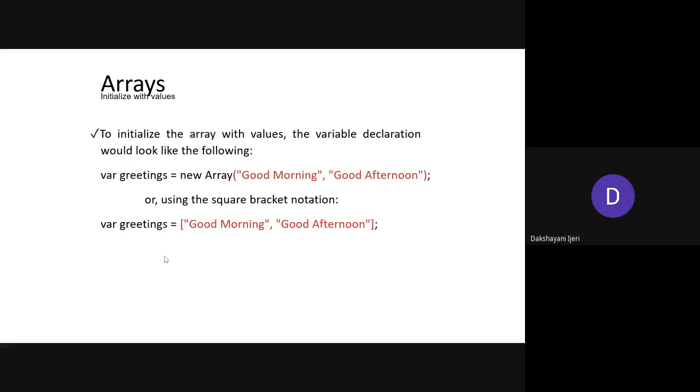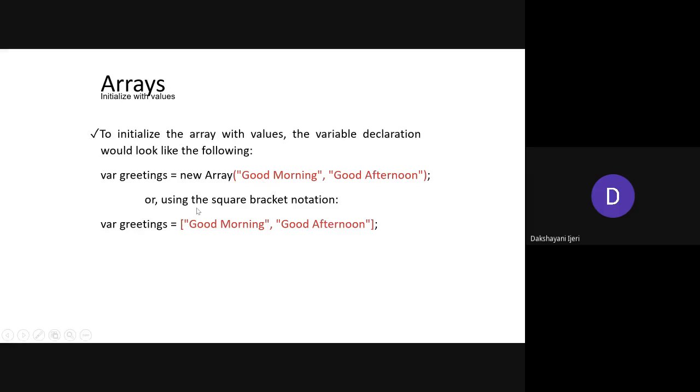How to add the elements over here? There are two ways that you can follow in order to add the elements into the array. One method is while creation itself, where you create the array variable and, instead of the empty parenthesis, simply add the elements. Not necessarily only one or two elements, you can add as many elements as you like, and you can also have different data types of values as elements of the array.